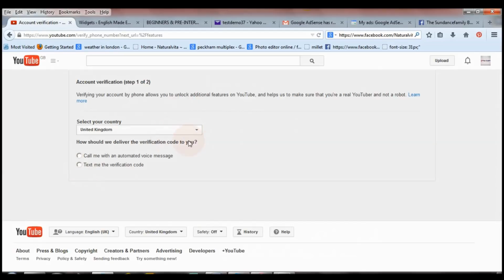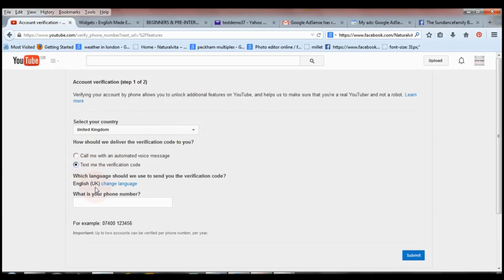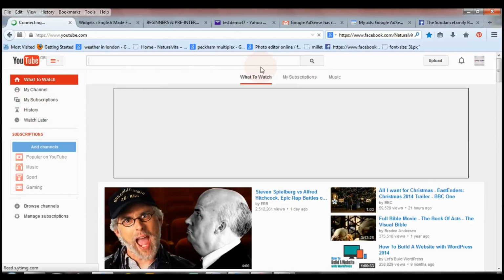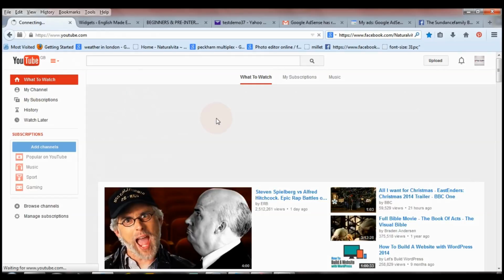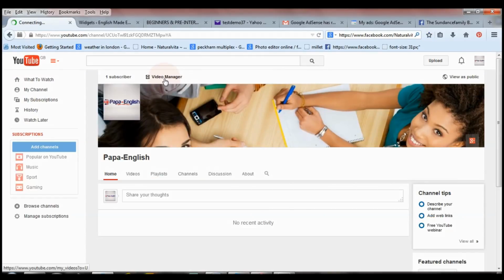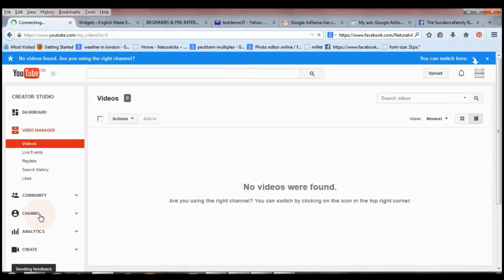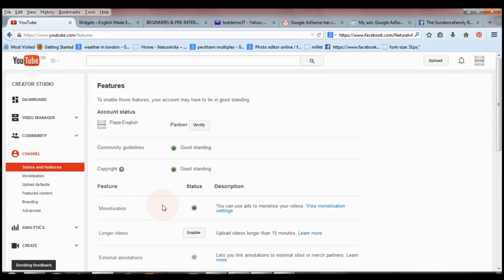Google will send you a verification code to your phone number basically. So you need to make sure you give an accurate number, and then you can verify your account. But I'm not going to do that now. I'm just going to show you how you can monetize your account, although that is part of the monetization process. So once you do that,